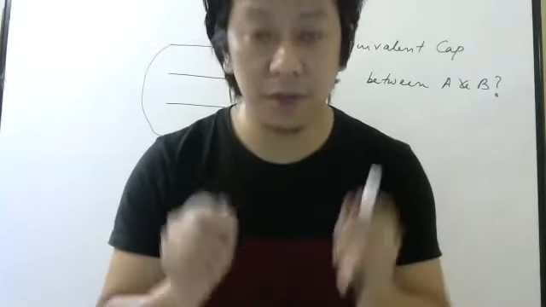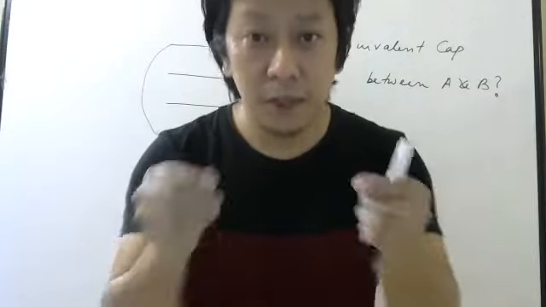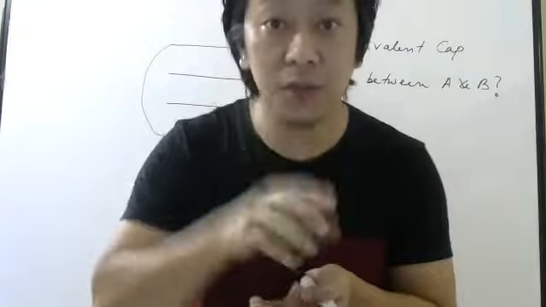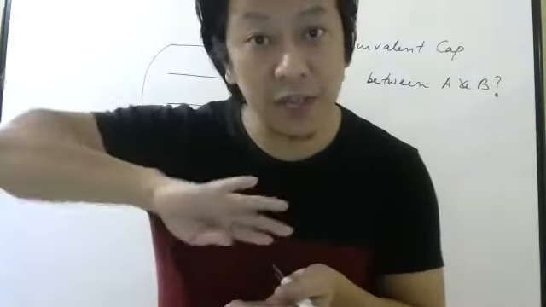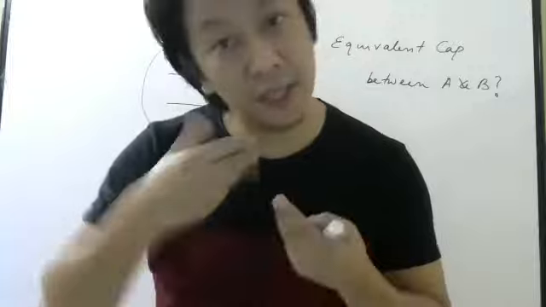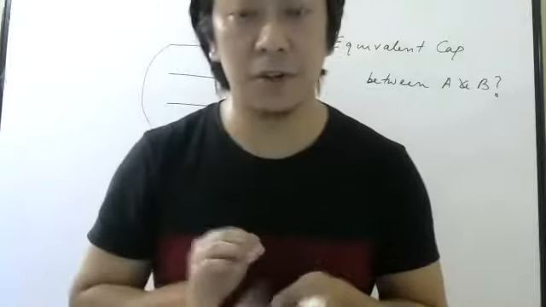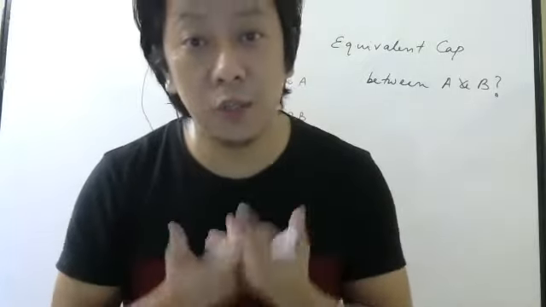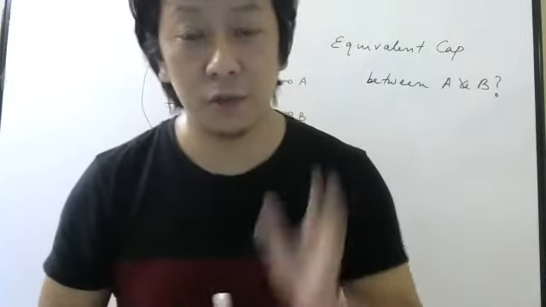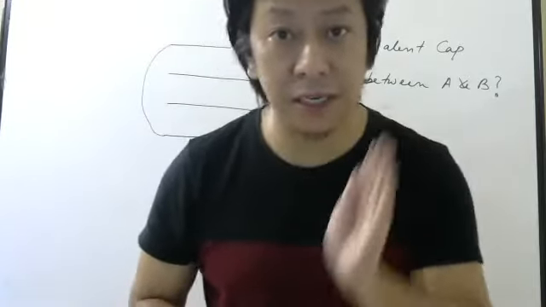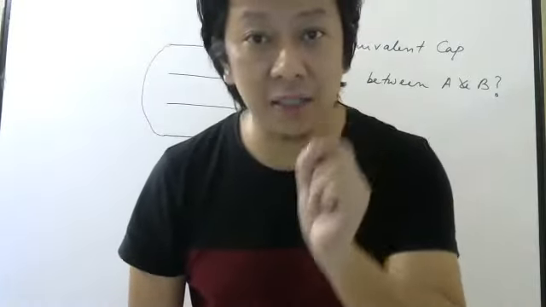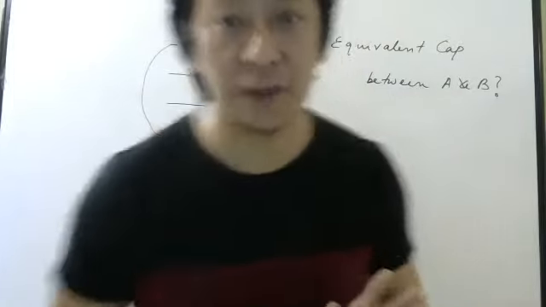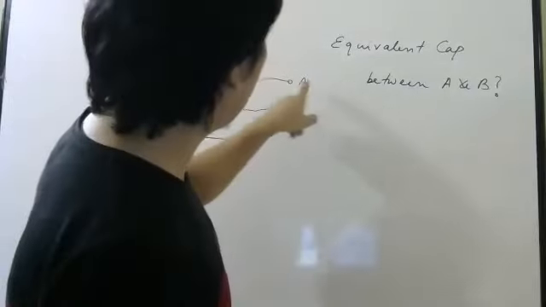Why like that? Because equivalent capacitance means what? If you put a battery between those two points, that battery should not know the difference. Meaning, whatever charge the battery was sending before, the same charge the battery will send now also. So without saying between which points you want equivalent capacitance, there is no use. So whenever you have to find equivalent capacitance, please ask or see in the question paper between which points you have to find. In this question they have told between A and B.